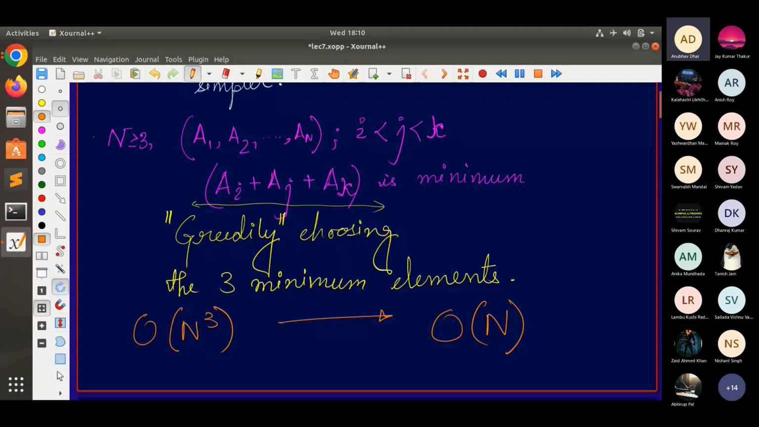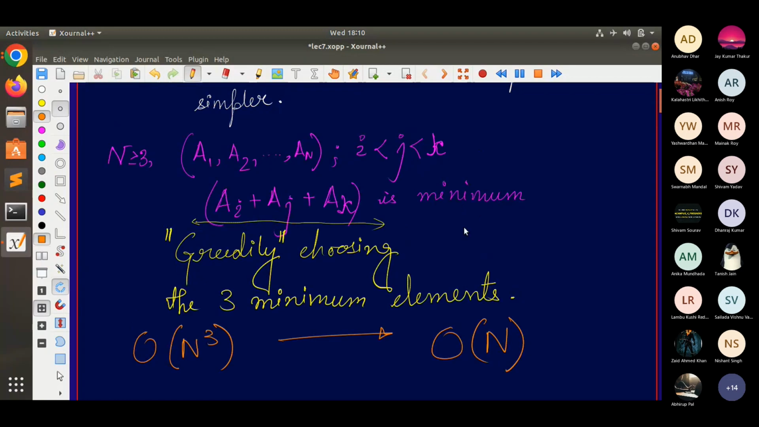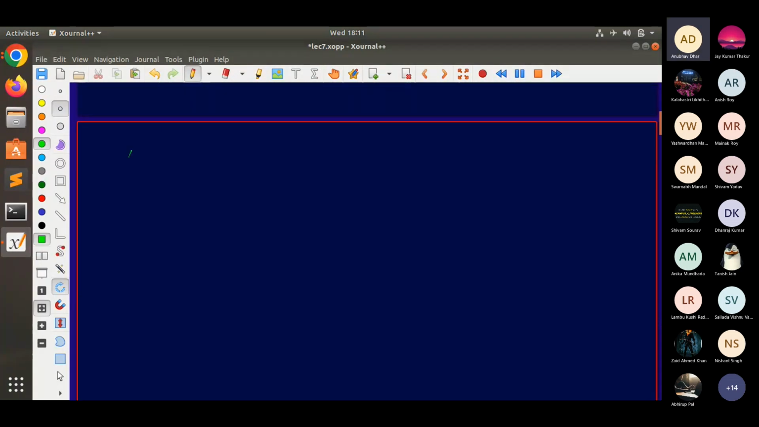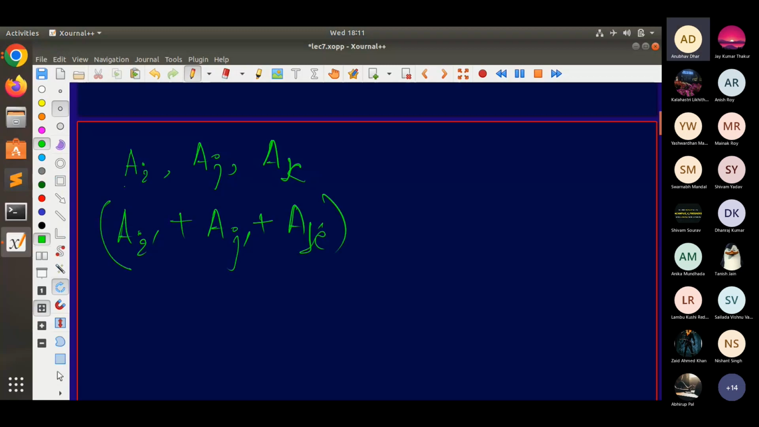Okay, so moving on. In this particular problem, one step is to come up with a greedy choice, and the second step is actually proving that this particular choice of the 3 minimum elements will give you a subset which is a minimum. You can easily prove that by arguing something like, if AI, AJ, AK are the 3 minimum elements, and the optimal solution is AI prime plus AJ prime plus AK prime, then if these 3 elements are the 3 minimum elements of the array A,